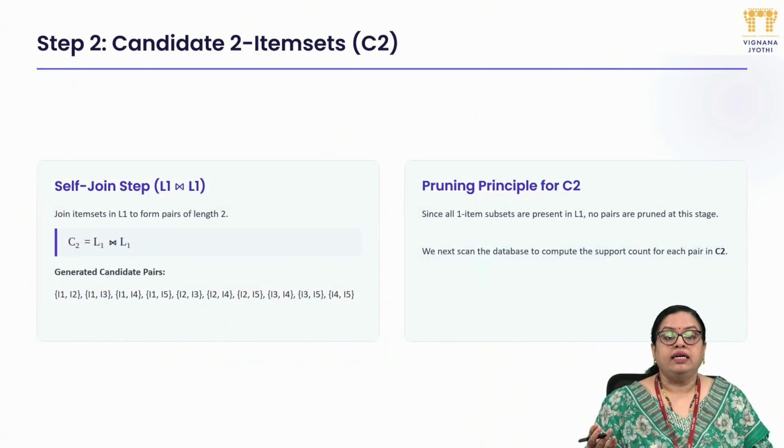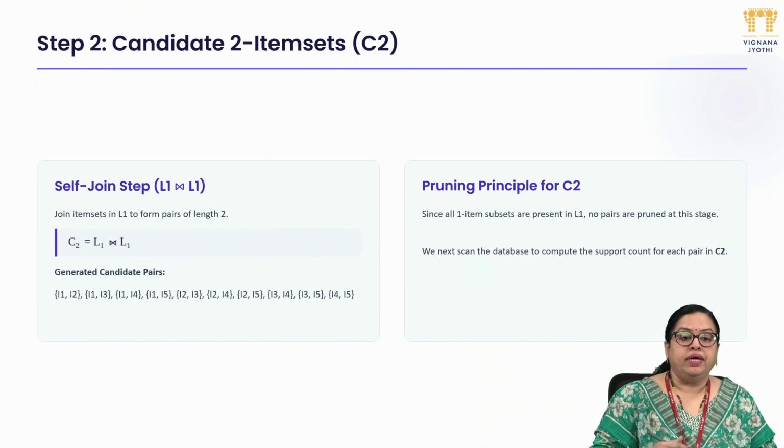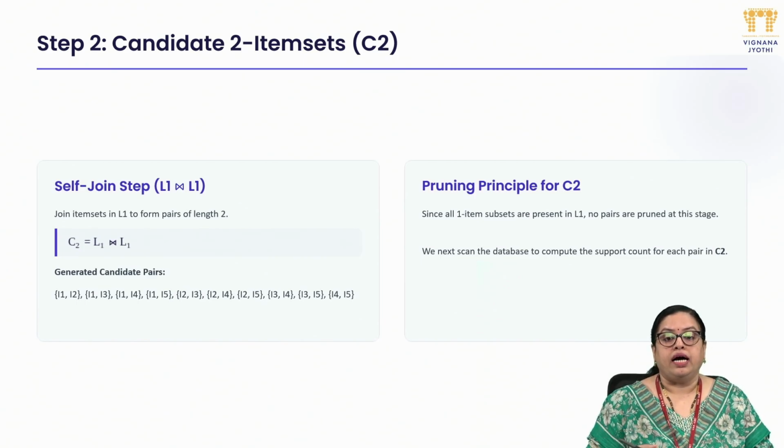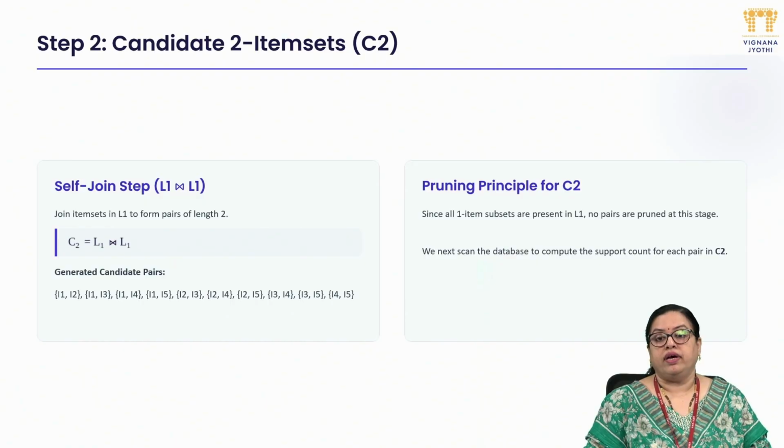Here we once again calculate whether they are more than 2 or not. If the count is equal to or more than 2, then we take it. Otherwise we make that pruning operation and we do not take the item sets which do not fulfill the criteria. Okay, so next scan and compute once again the support count of each pair of C2. Okay, so what are the pairs here? I1, I2 up to I4, I5 are the pairs,